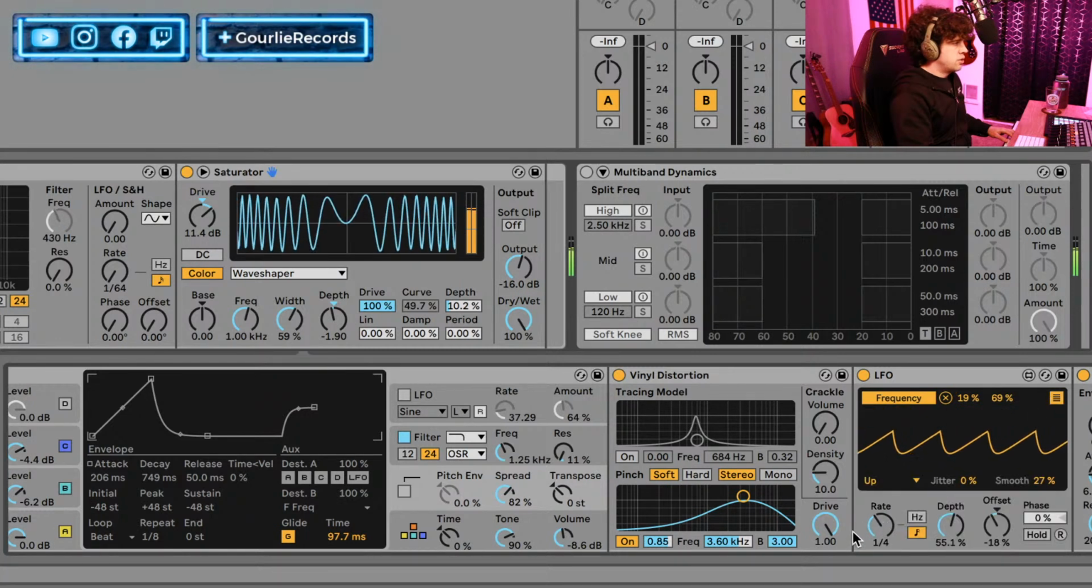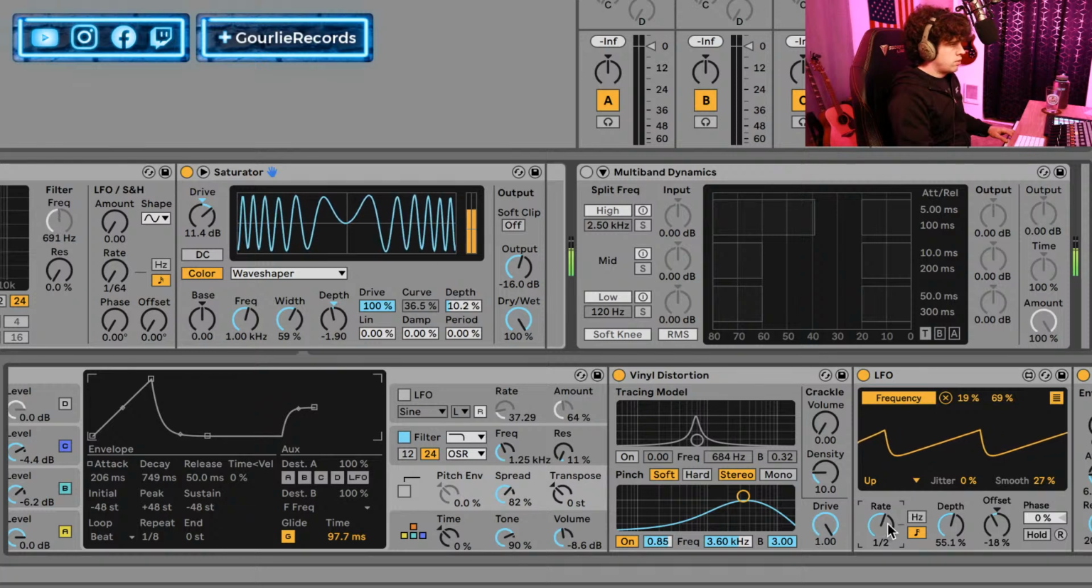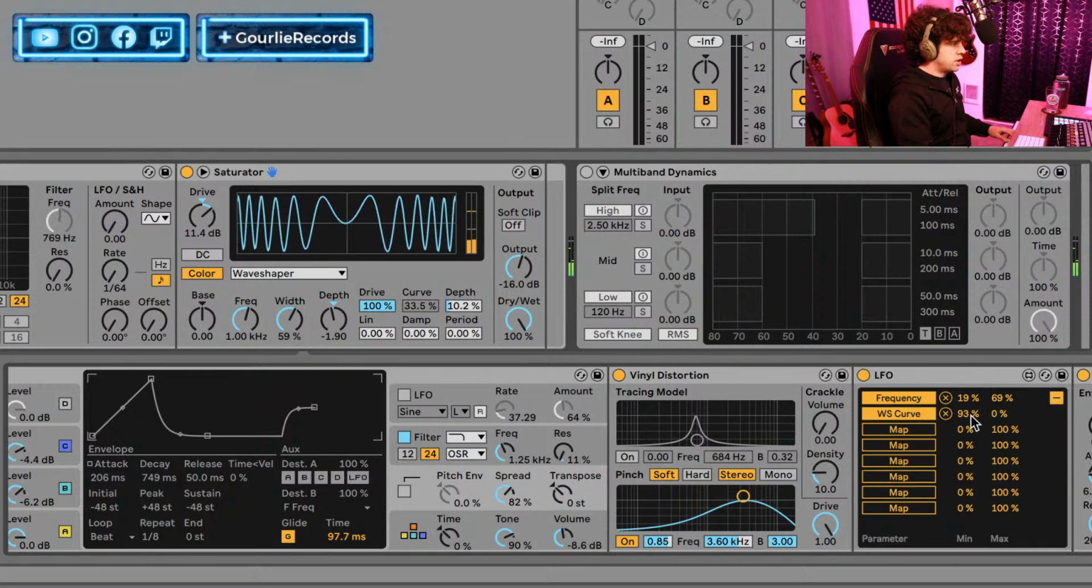I am going to slow this rate down. Let's go to half. And I have this inverted. I'm actually going to invert it again. Let's go to 0 on here. Well, let's make it just smaller in general. Let's go to 20, 28, and